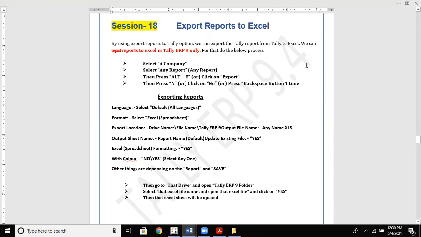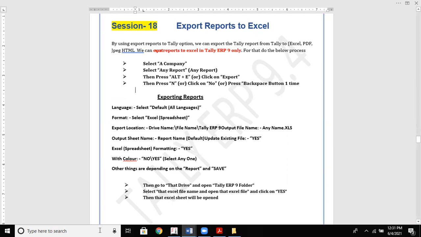So here you can write not only PDF, it can be Excel, PDF, JPG, HTML, etc. So it can be for all.